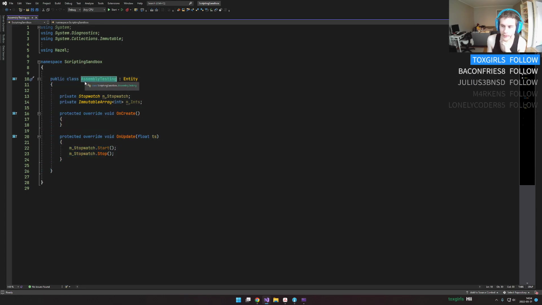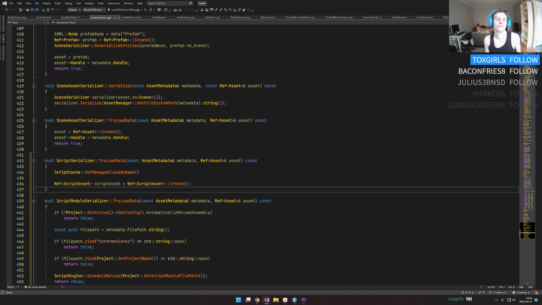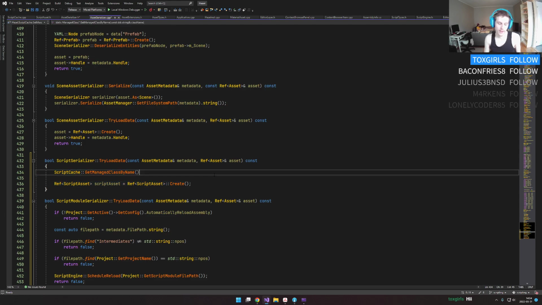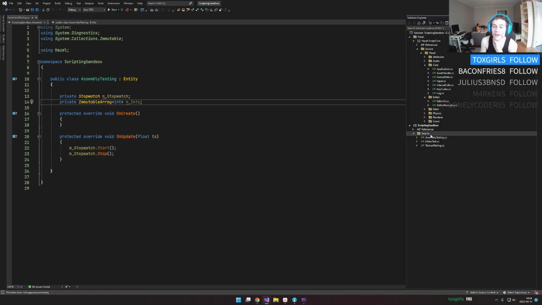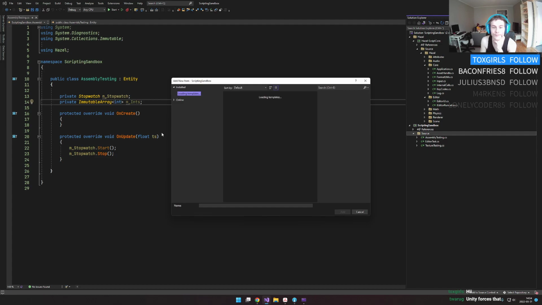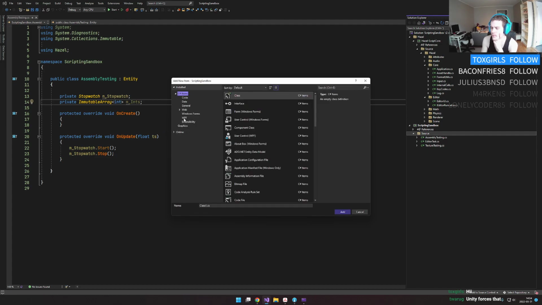And we could also say that you have to call the file the exact same thing as the entity class. Yeah, I think I'm fine with that. We could also do like the Hazel Tools extension, create a new... yeah, I know Unity forces that. I'm not a huge fan of that, to be honest,